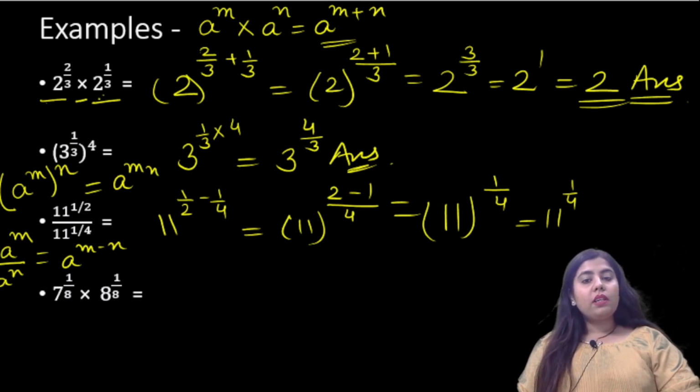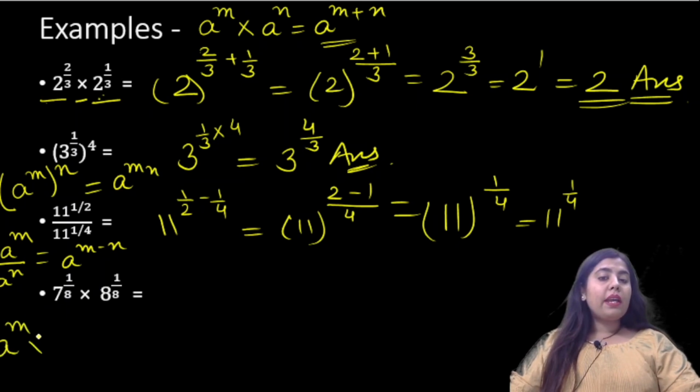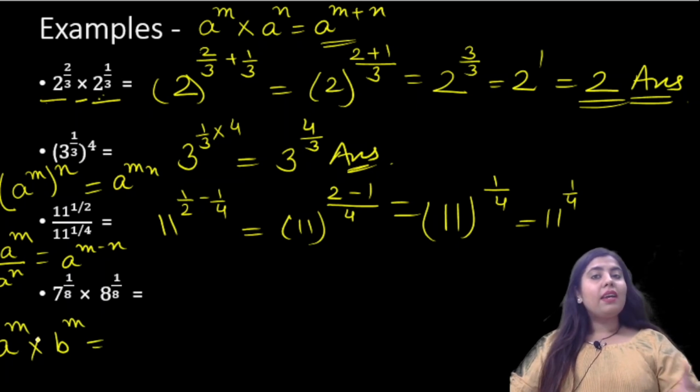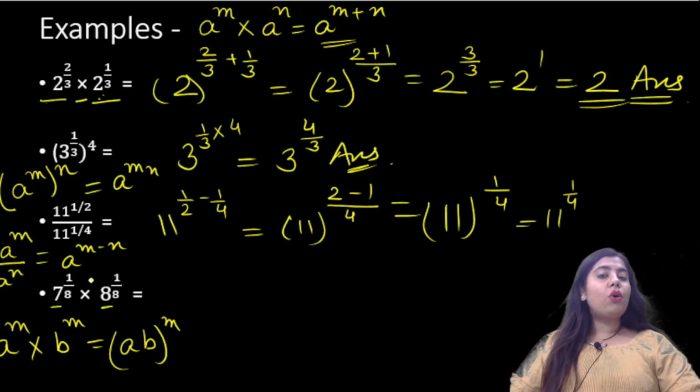Now next one, 7 raised to the power 1 by 8 into 8 raised to the power 1 by 8. See here, the bases are different but the powers are the same. Means a raised to the power m into b raised to the power m. Fourth formula: a raised to the power m into b raised to the power m is (ab) raised to the power m. It means we have to multiply the bases and that whole will be raised to the